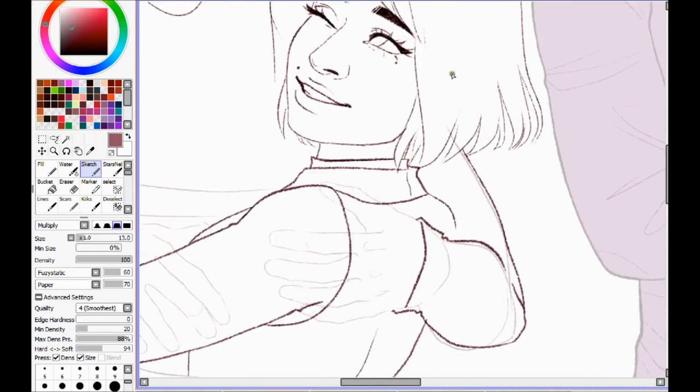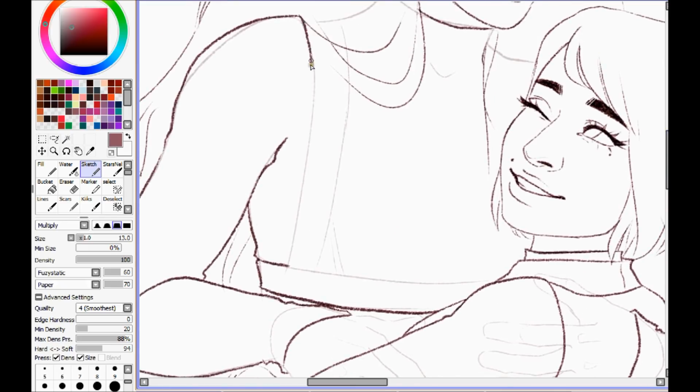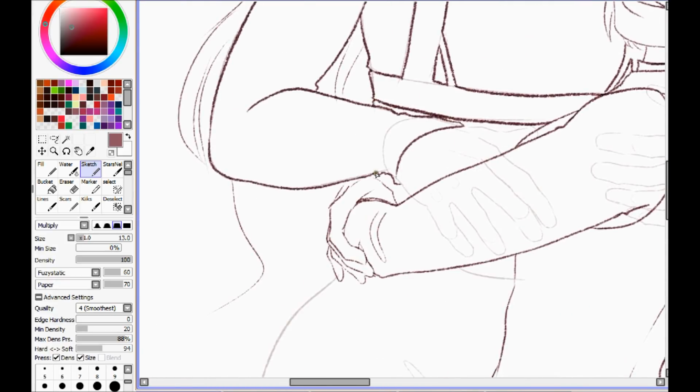Now, it's good to find what inspires you and start there. For example, do you like dynamic poses and gestures? I just mixed the two words in my head, postures.